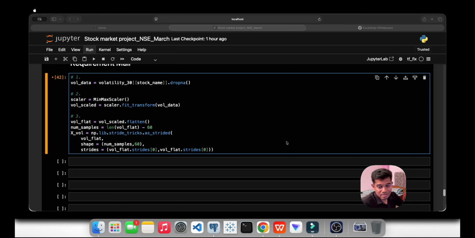Test size 0.2, what is it all about? 20% testing, 80% training. 0.2 is what? 20%. 20% is what we say, that is what 0.2 is all about. Shuffle false, in the mail they have already told, because also it is critical for time series. That's why they have told for no reshuffling.